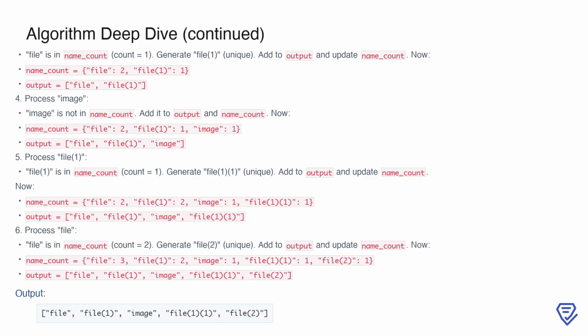When we encounter file(1), it's already in name_count, so we generate file(1) as the unique name, add it to output, and update name_count. Finally, we process another file, which now has a count of 2 in name_count. We generate file(2) as the unique name, add it to output, and update name_count. The final result is file, file(1), image, file(1), file(2), which ensures all file names are unique while maintaining